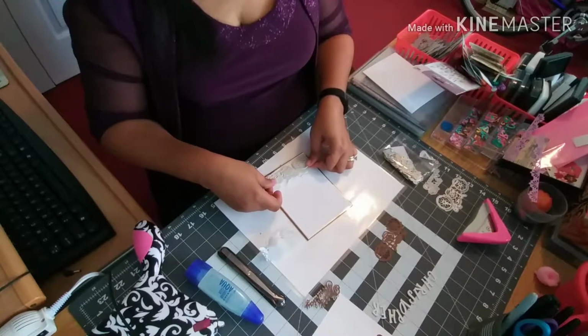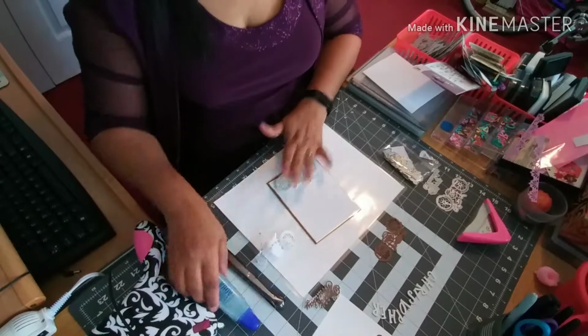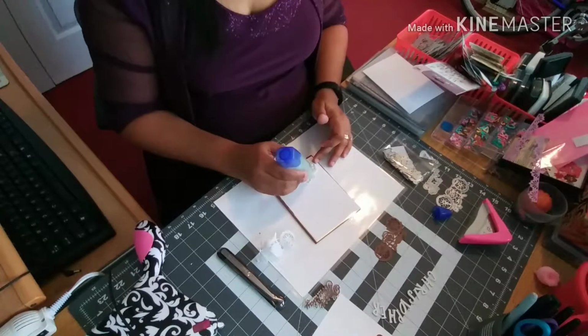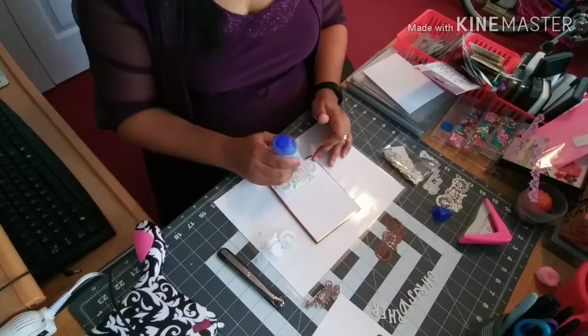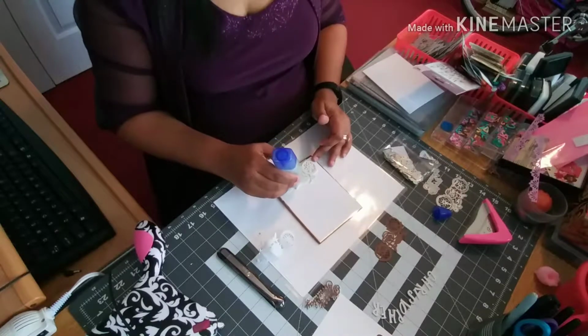So I'm going to go ahead and set this right here. Okay, so far so good. And then I'm going to use my glue so that I can just go ahead and get the brown piece stuck over it. So I am actually trying to line it up in a way that we can have everything sticking and looking really nice,